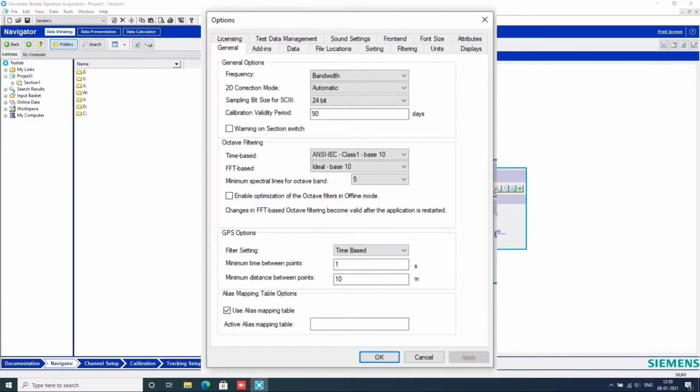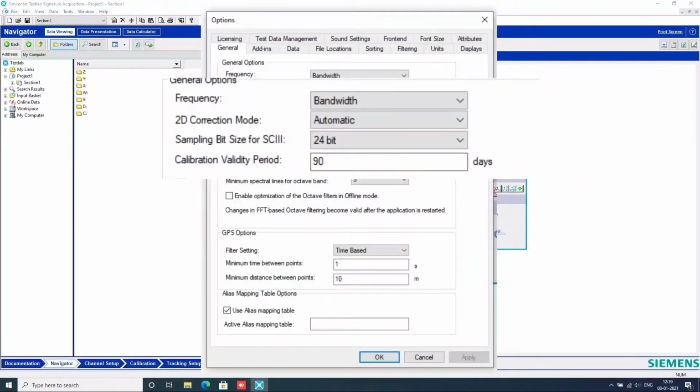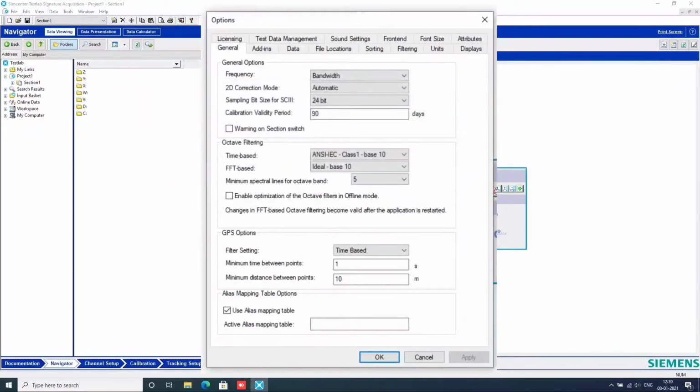Here you see 24-bit being set up, and then this could be lowered to 16-bit or 12-bit depending on the choices available. One thing to understand is that the bit rate decides the amplitude resolution, which means the quality of data or the number of points in the time data, which has a direct effect on the size of the files, the acquisition size, and thereby the memory required to store.